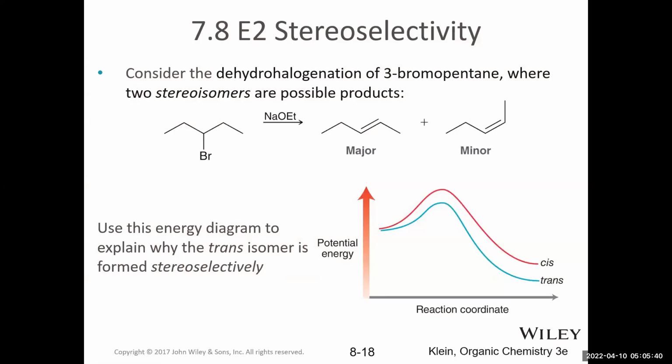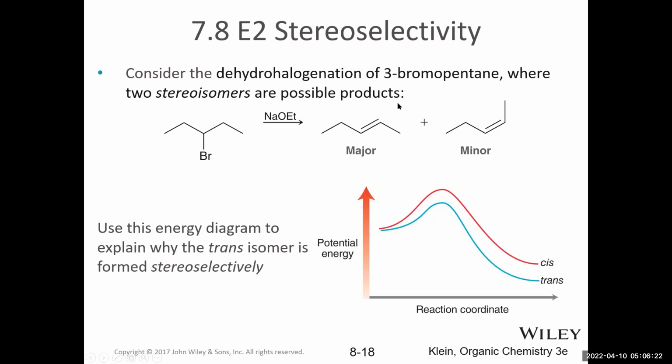All right, now let's talk about something called stereoselectivity. Regioselectivity was when there was a major and minor product that were related as constitutional isomers. Stereoselectivity is when there's a major and minor product where the products are related as stereoisomers. For example, this strong base may take a proton at one of the two beta carbons, which generates an alkene. You could think of this as a trans or an E alkene, or you could also form the cis/Z alkene.